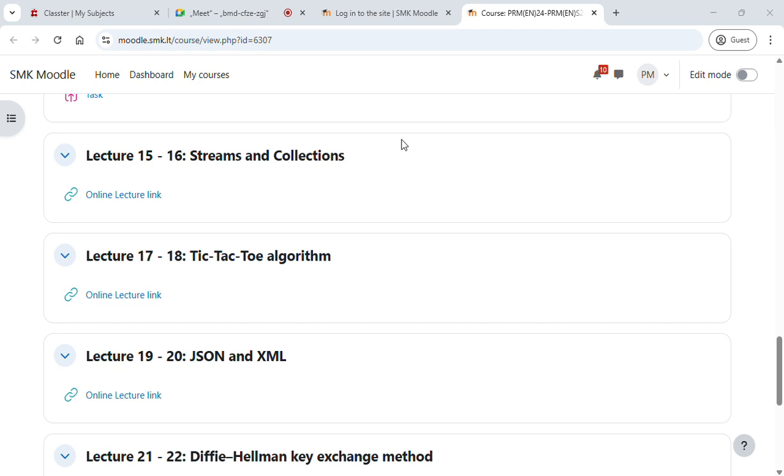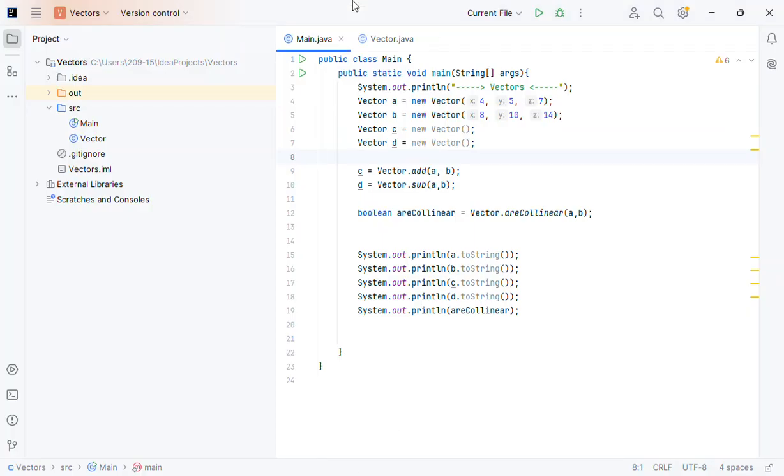I hope we will make it simple to understand, and you will get to this basic knowledge. For this, we need to open our favorite IntelliJ IDEA. Here I have the previous